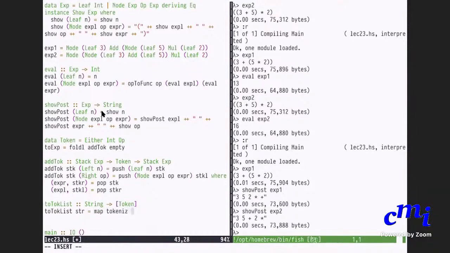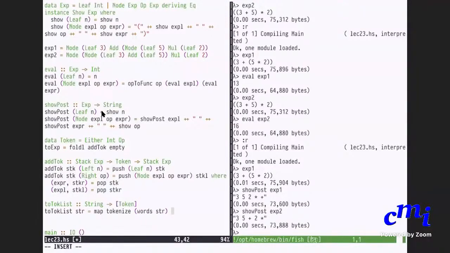So what I'll do is, I'll map tokenize on words of string. Words, remember, is a function that will take a string and return a list of strings. What is the list of strings? It is all the words, basically things that are separated by white space. White space meaning space, tab, whatever character you use. Anything that is not a readable character will cut off the words.